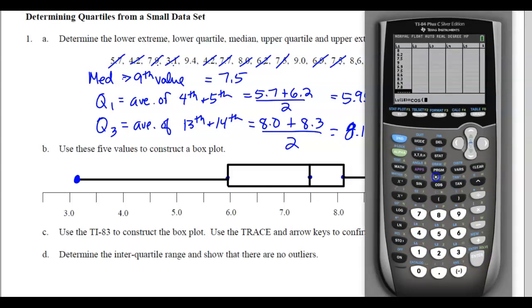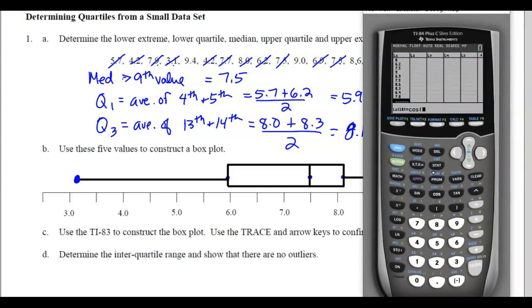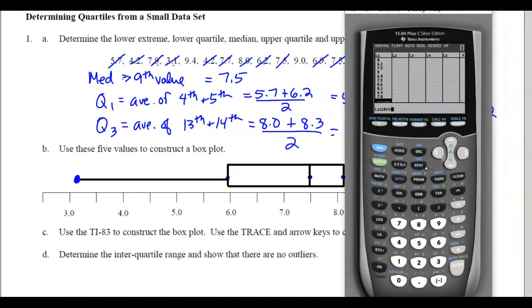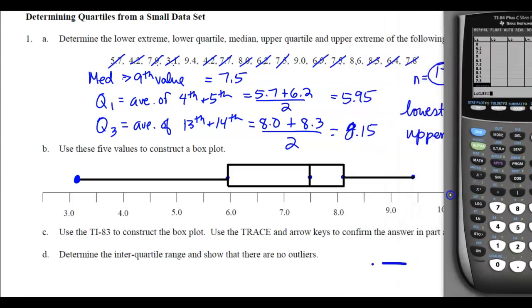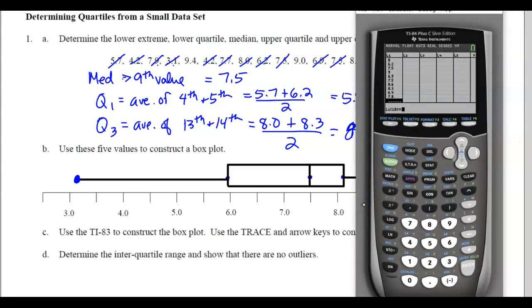Okay, so notice here, it's on the 18th entry, there's nothing in there, which means I've entered 17 data values. So I know that I'm supposed to have 17, so hopefully I entered them correctly. If you quit out of that, it says